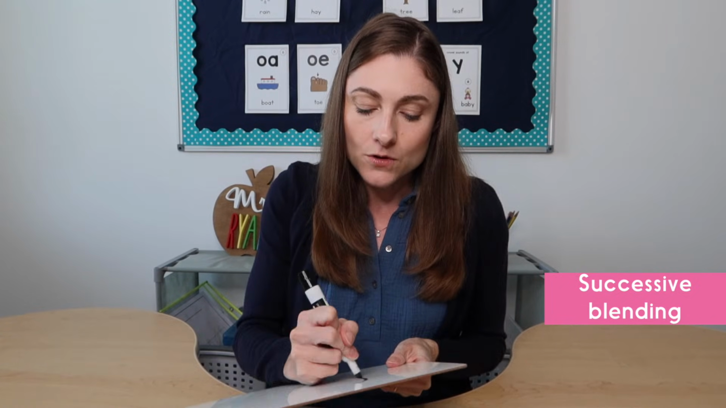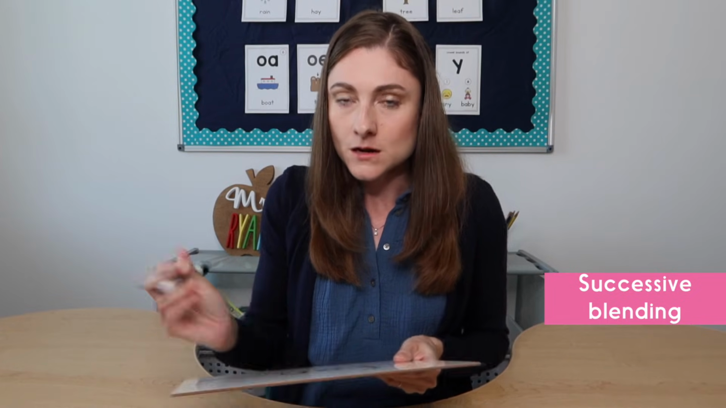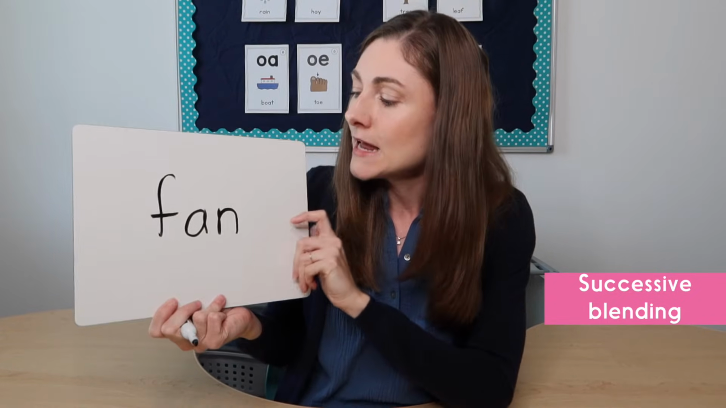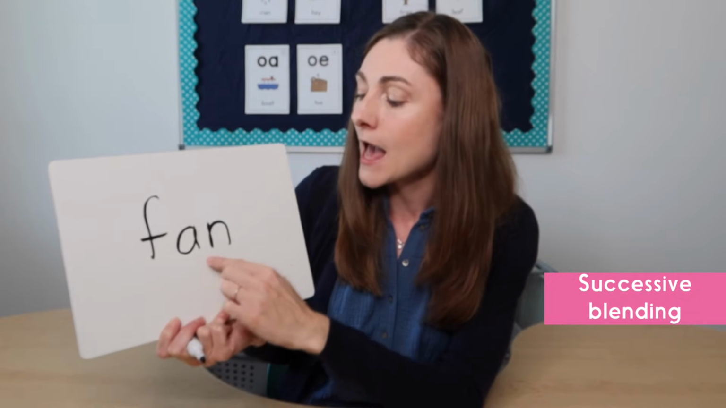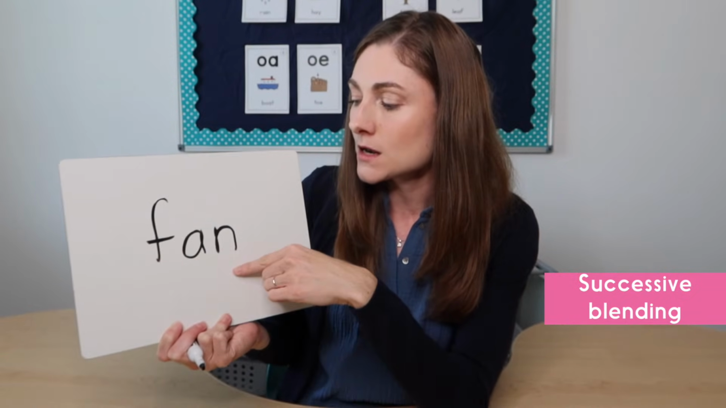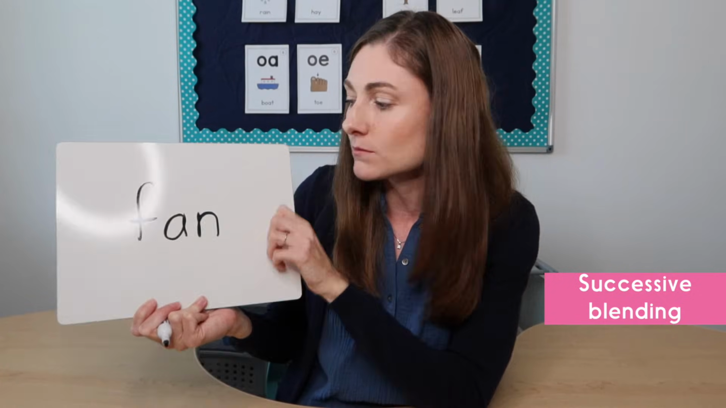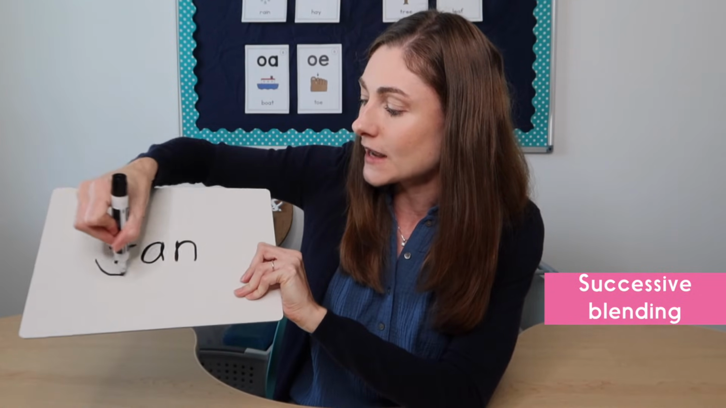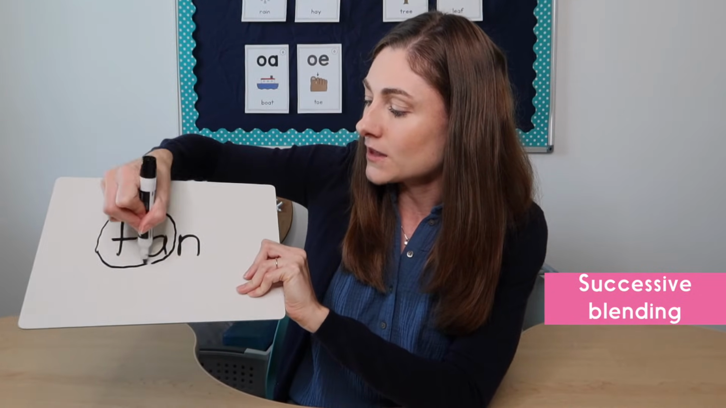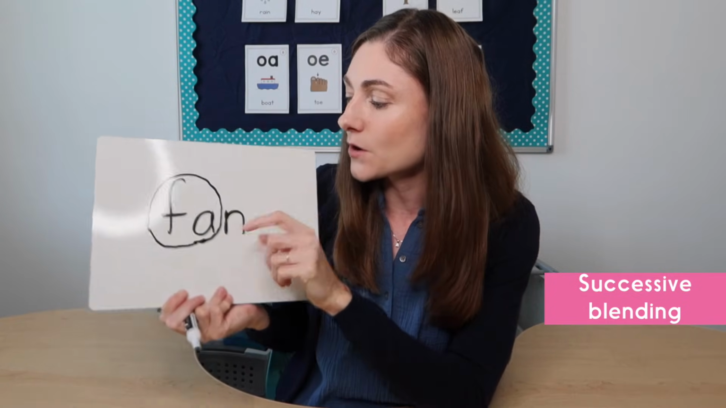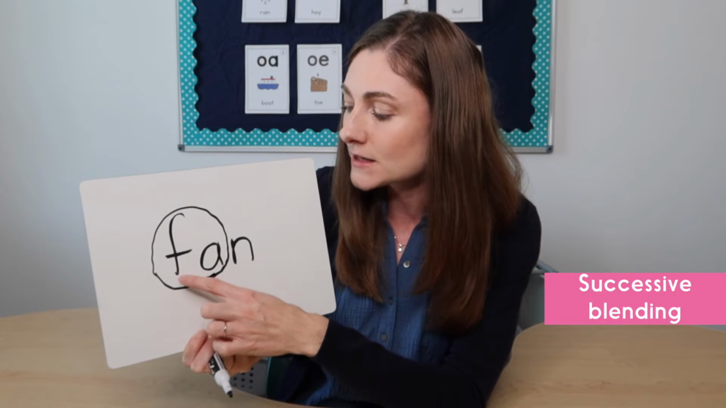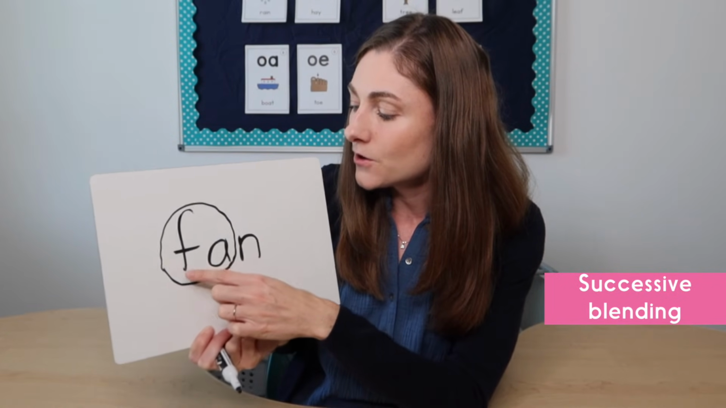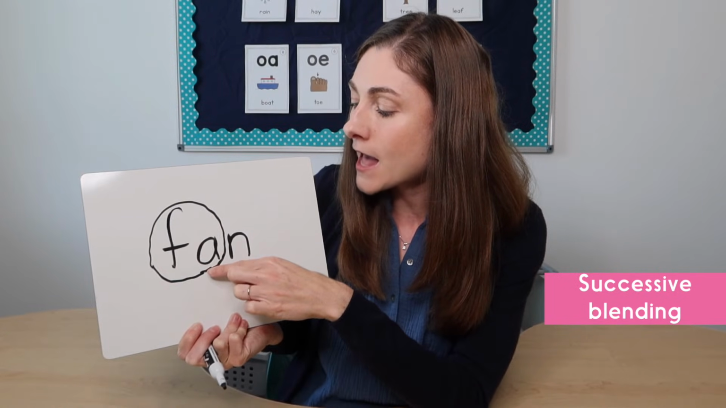So if we have the word fan, okay, instead of having the kids say each sound separately, what we're gonna do is have them just hold on to the first two sounds and then add the third one, okay? So first, they're gonna focus on blending the F and the A, and it's gonna sound like this. F, fan,